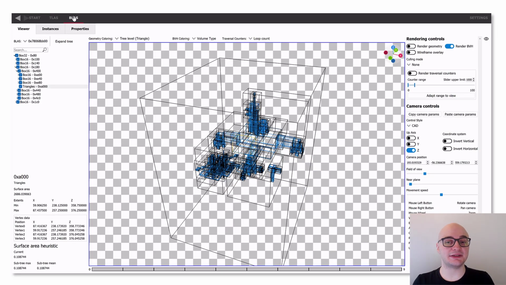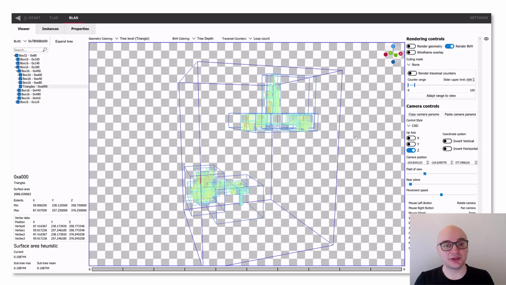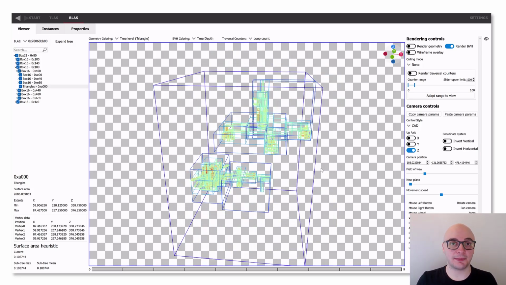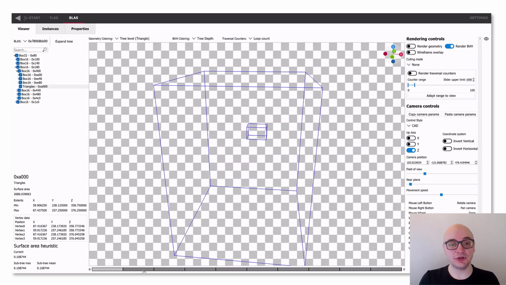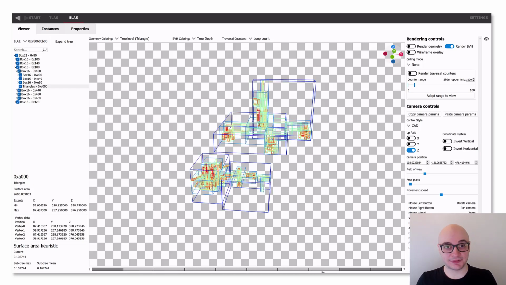If you're interested in the depth of the nodes, however, we have the tree depth coloring. When you're in this mode, the colors of the bounding volumes will be arranged between blue and red depending on their depth. If you have a single level selected, volume colors will reflect the absolute depth in the hierarchy. If you have a range of levels selected, you'll be presented with the root of the range as blue and leaves as red.